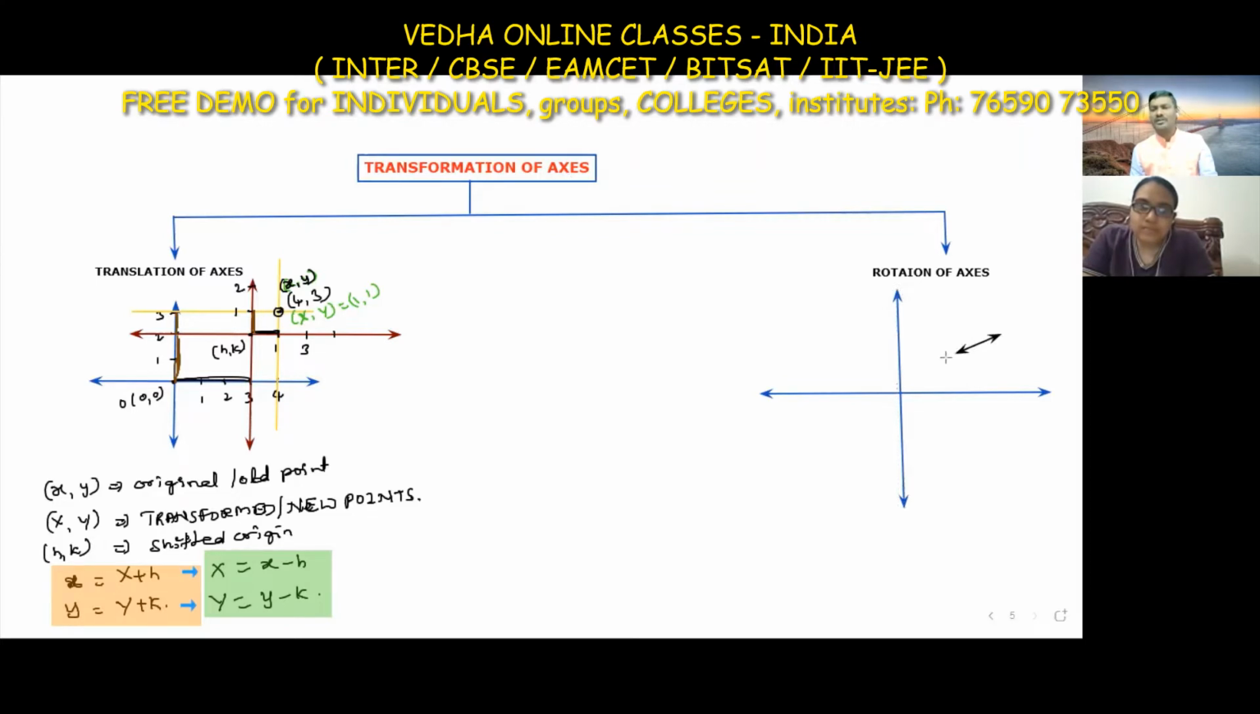I am taking this axis as the x-axis. If I take this as the x-axis, then this is the y-axis. The angle between them is perpendicular. Here I am rotating the x-axis and y-axis by 30 degrees, some angle theta. When we rotate the axis like this, we get a difference in the points